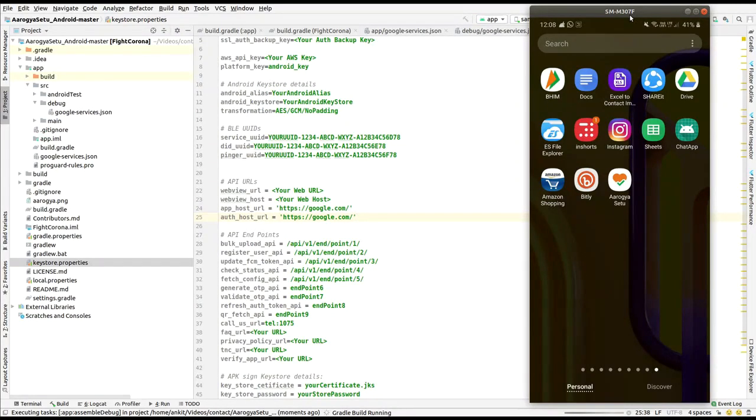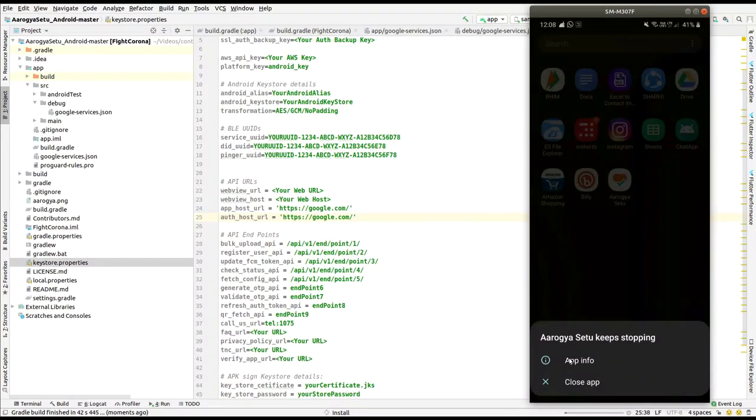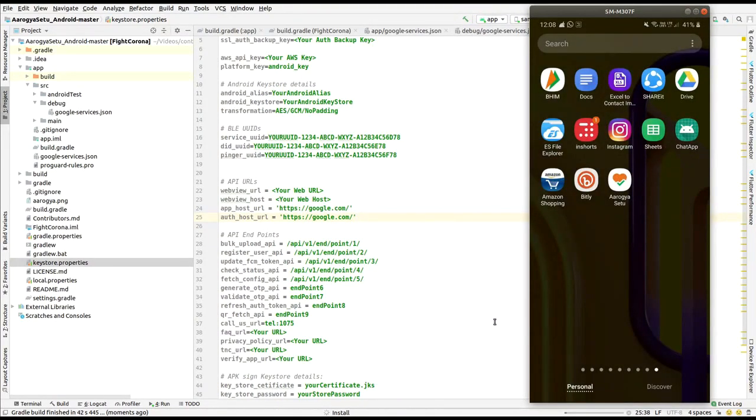But as we have set up that host URL and authentication, some sort of correction in our application will be there so that the application will open successfully. So the app is being installed right now. Okay, by mistake I have opened it, don't worry, it is being installed. You have to wait for it to install successfully.